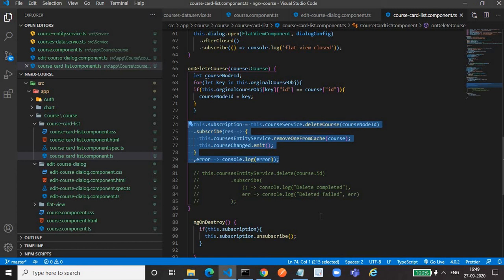If the URL of your API is different, then you can override that method. Or you can call your own API and then call the cache method of the entity service, like add all to cache, add one to cache, update one in cache, remove one from cache. Those kinds of methods you can also call after calling your own custom service methods. Basically the main focus is how we can deal with the store data so that we can fetch the data from the store without calling the API again and again. That is the main approach and the main aim.